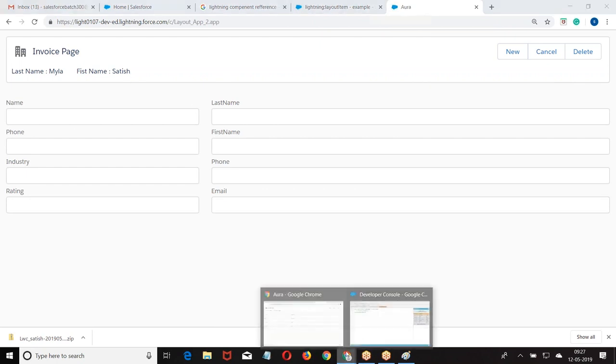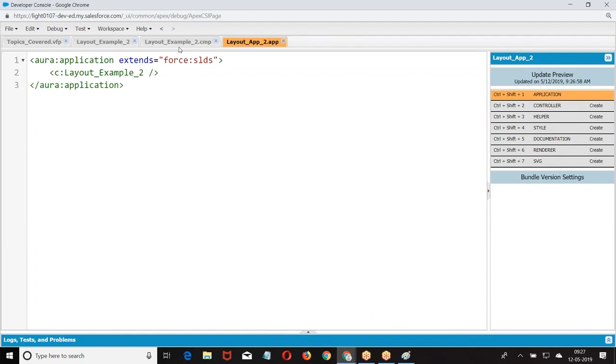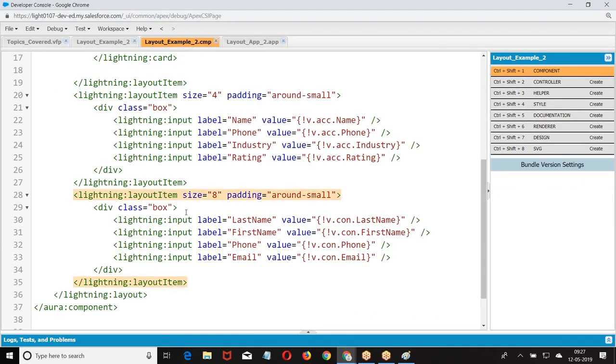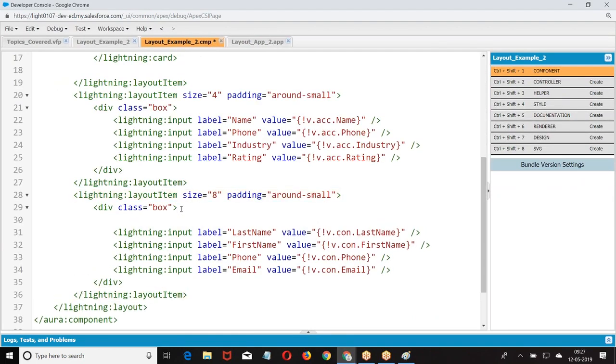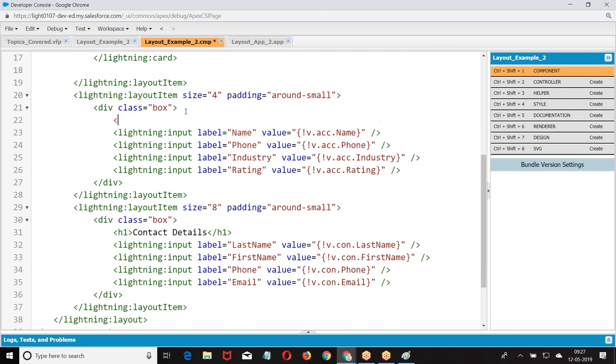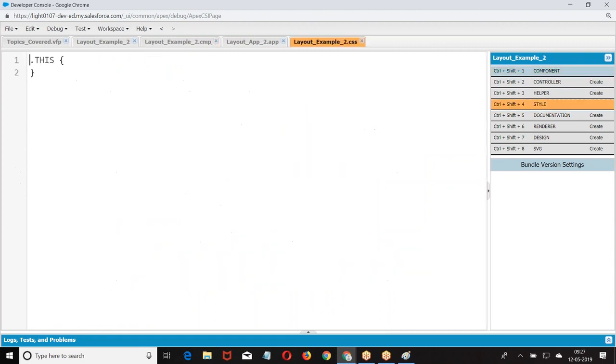Okay. So here I want to give style. They are inner elements, right?